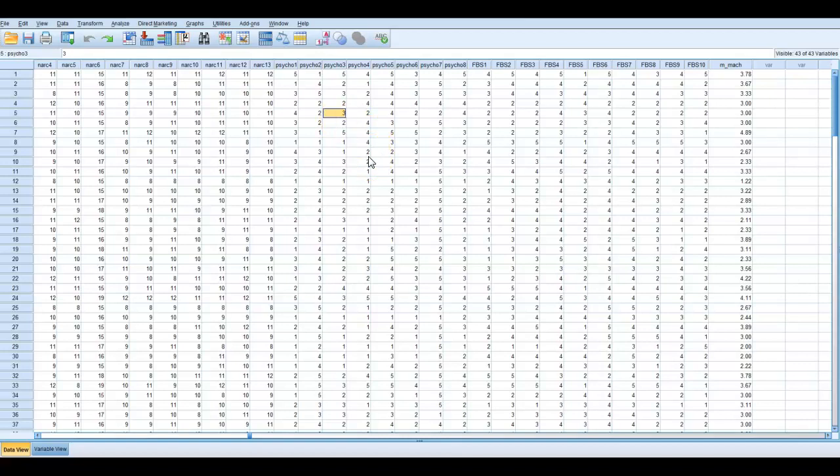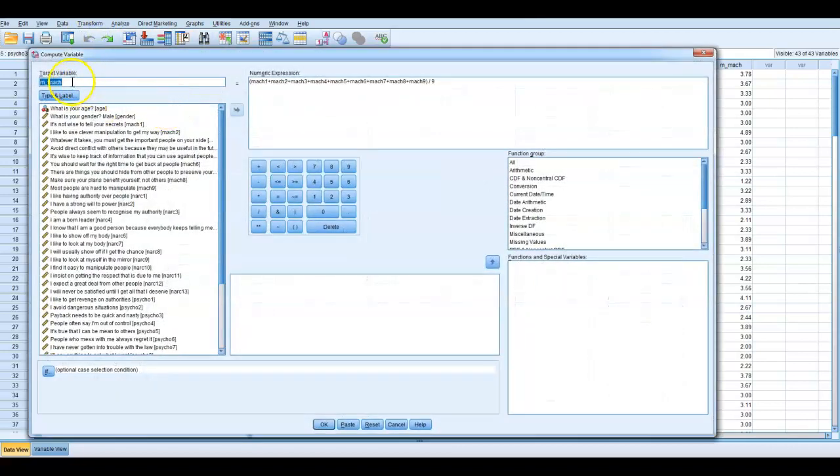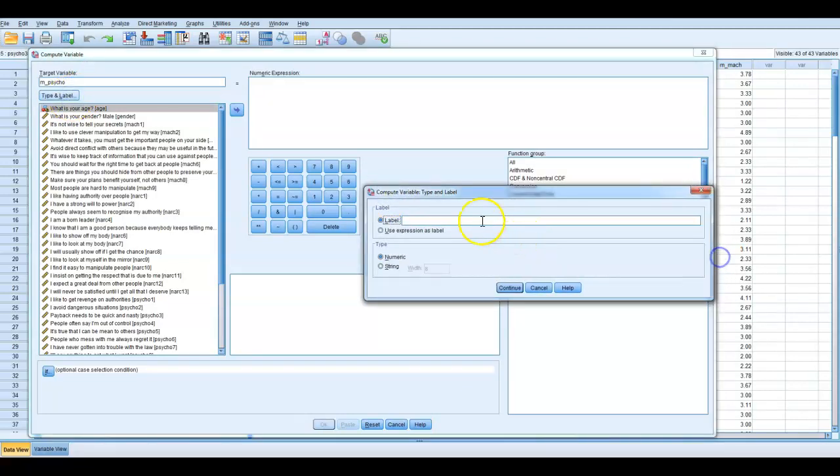Okay, and that is one of the most common mistakes: people do the alpha analysis, don't really understand what it is, and then when they come on to do the Cronbach's alpha, it doesn't work. So let's do it now. We go up to the compute variable. There's the previous calculation, so let's reset that. Okay, psycho. Now this is where your label can come in useful, because what I will often do here is